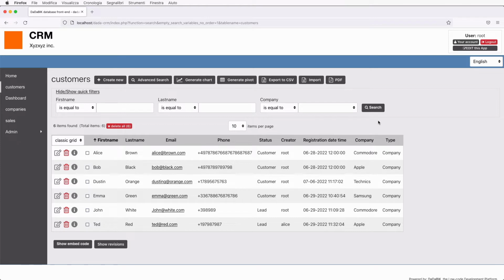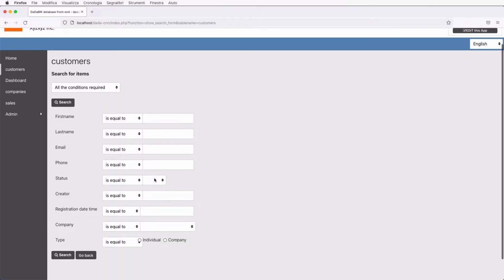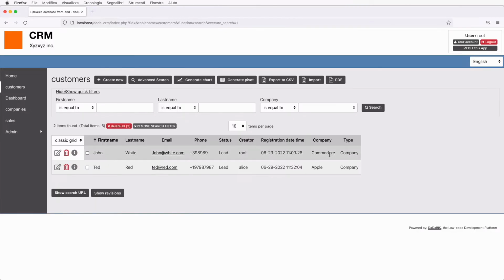If I want to see all the leads, for example, instead of searching from here, so status lead, we have 2 customers having status lead. Instead of searching, I would have a link somewhere here in my menu, leads, showing the view leads. To create a view, we need some SQL, but in this case, it's very, very simple.